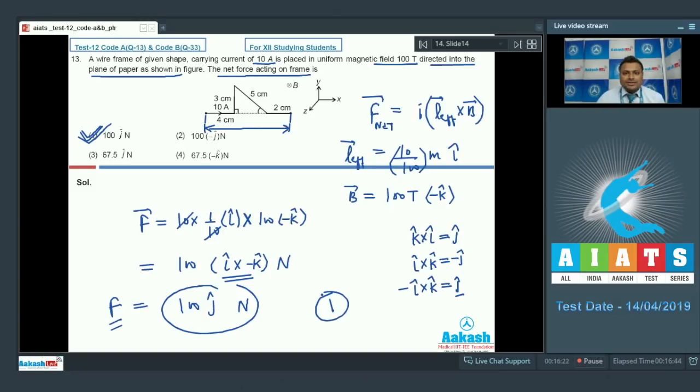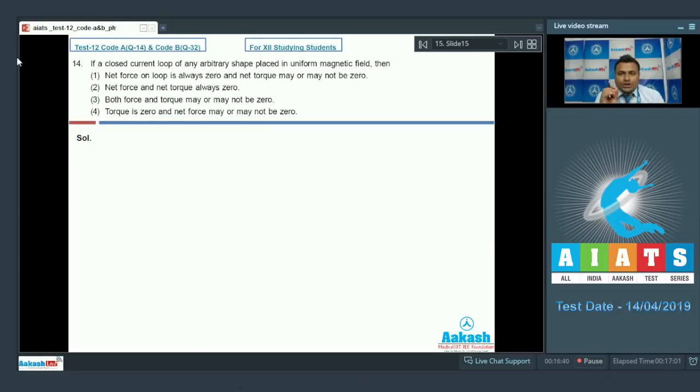Now move on to the next, that is number 14. So here is question number 14, everyone. A closed current loop of any arbitrary shape placed in a uniform magnetic field, then net force and net torque, the options are talking about. So first of all, we must know that if any current carrying coil is kept in a uniform magnetic field, then forces are always equal and opposite, but their line of action may be different. Alright, so therefore we can write,